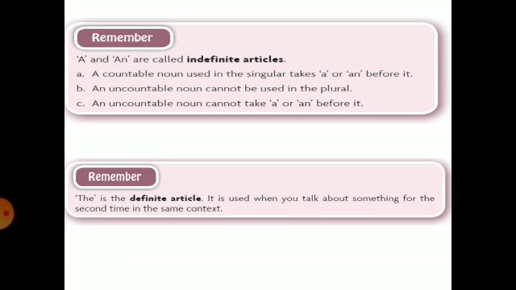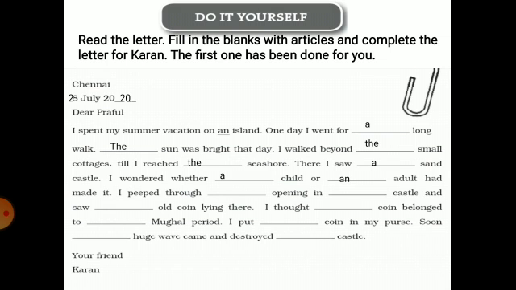Now, again, we are taking articles. First of all, indefinite articles. A and an are indefinite articles, and the is the definite article. And we have discussed its usage in our previous video. Now, we'll directly move towards our worksheet. Now, here is a diary entry, again a letter in fact. Now you have to complete it with the help of the articles. Some of the fill-ups have been filled, but you will complete it.